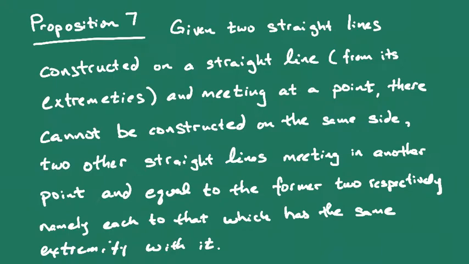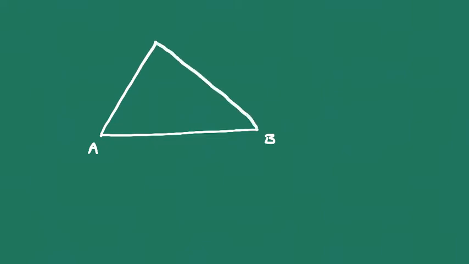Now, that's kind of a lot to understand just from words, so let's see if we can draw a picture and see if we can make a little more sense of this. So basically what this proposition is saying is that if we are given a straight line segment, AB, and we're given two other line segments from the extremities of that one,